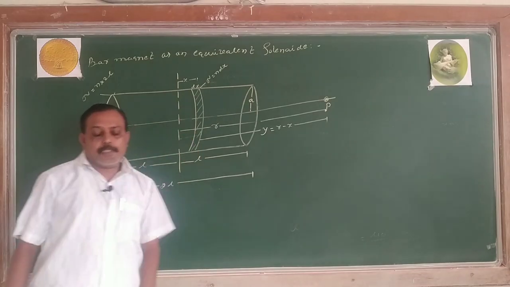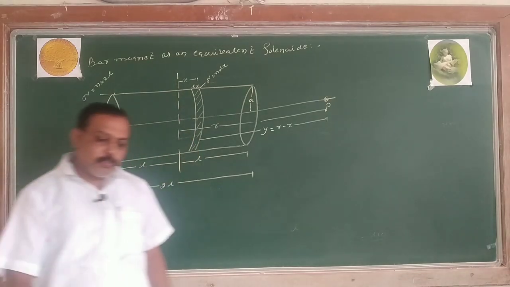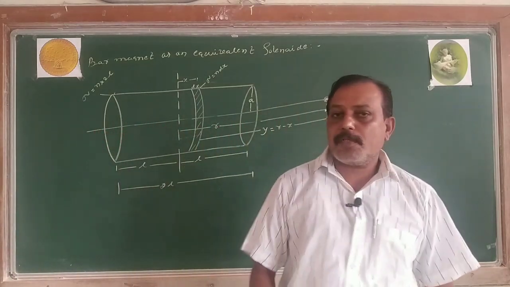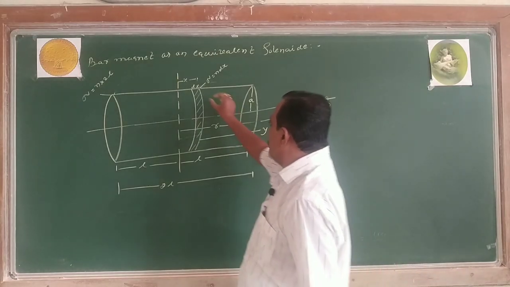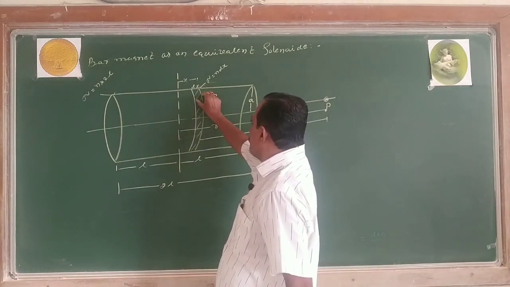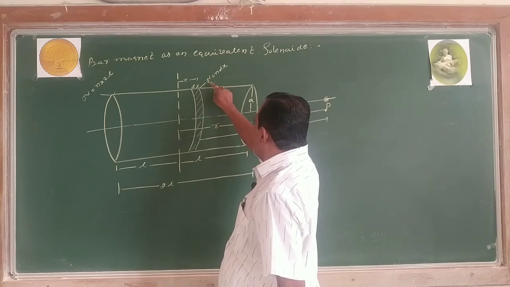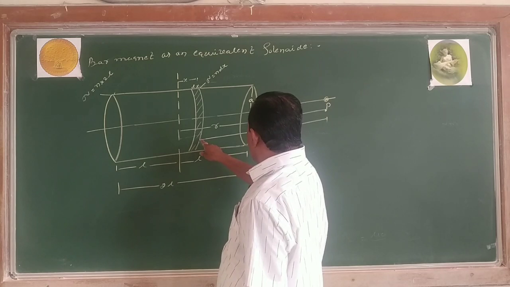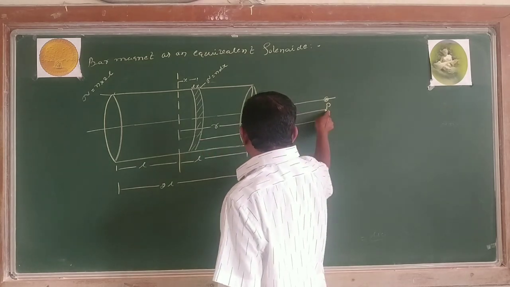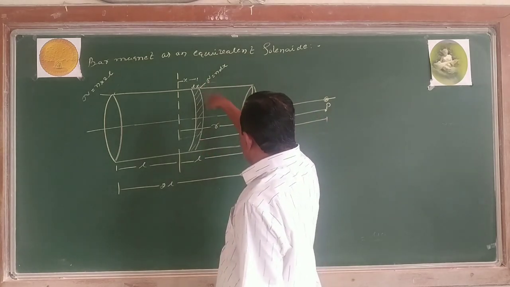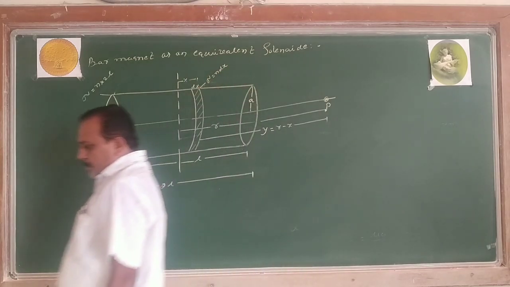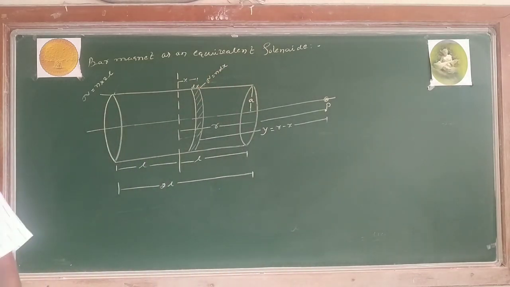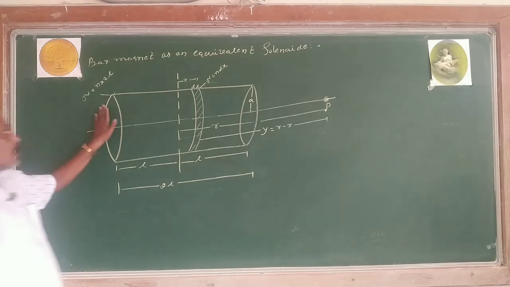I cannot consider the whole solenoid at a time because it consists of a number of turns. I take the small portion dx, which has the number of turns capital N equal to small n into dx, and this is at a distance y from the point P, y equals r minus x from the figure. Then I calculate the total magnetic field due to this solenoid.